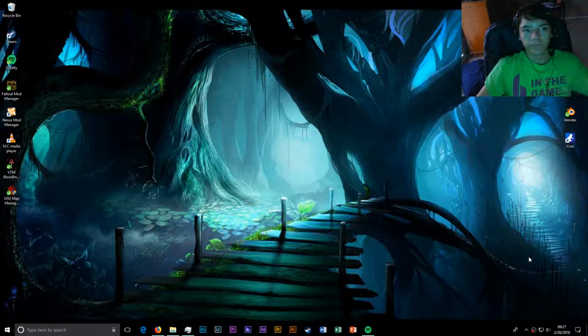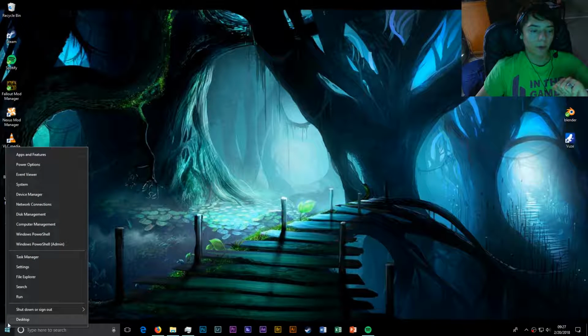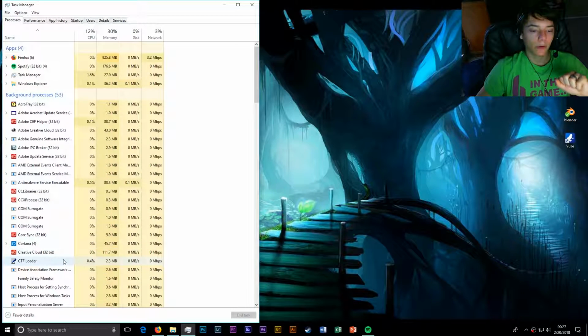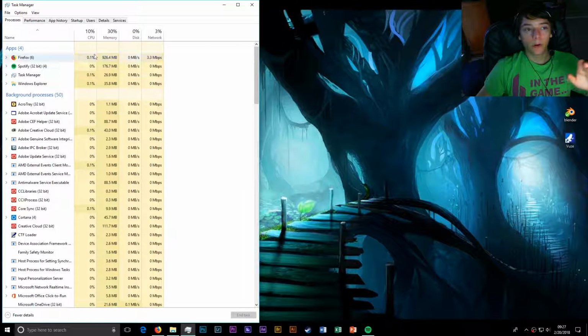Now, in I think 7 and up, the way that you can open it still hasn't changed. You can just go over to the little start button, right click it, and click on Task Manager, and it'll open. Alright, so there are 4 tabs that you can see: CPU utilization, RAM or memory utilization, disk utilization, and